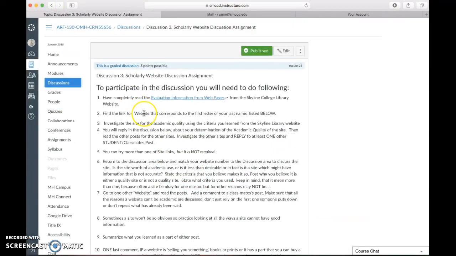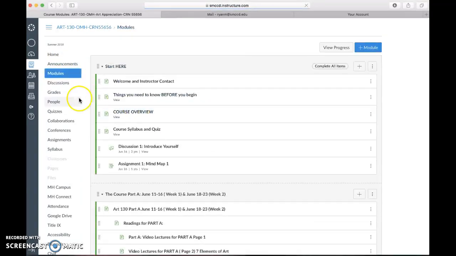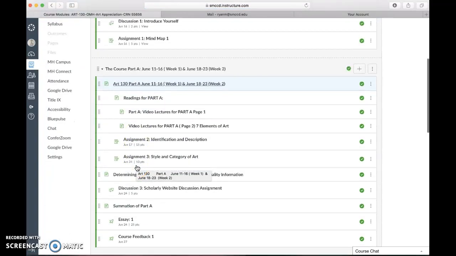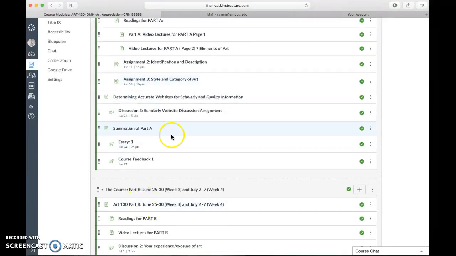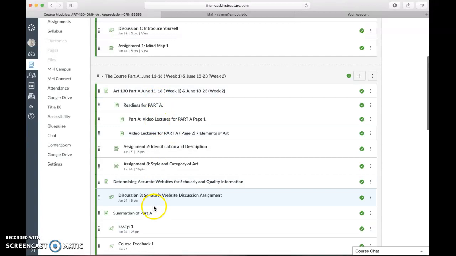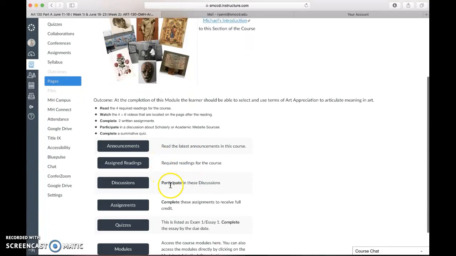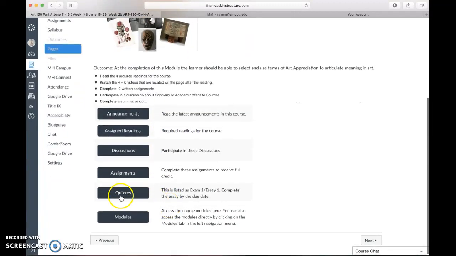So let me back up a little bit and go back to our overview page, and you can find those at the top of every module. We have Part A module and Part B. There's another overview that I'll go over when we get finished with the Part A. So in our Part A, we want to go through the readings, the discussions, and the assignments. And the quiz is basically a final essay, which is